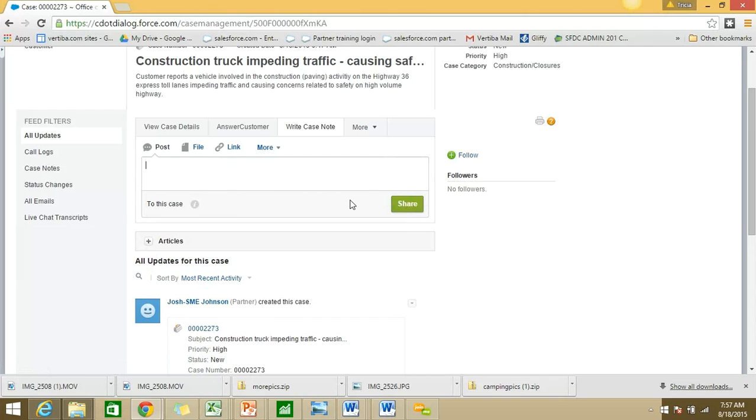Adding a case note is really quite simple. This is something that we like to think of as dialogue. It's also called chatter functionality. So I can post cases here. And so let's just say that I want to say